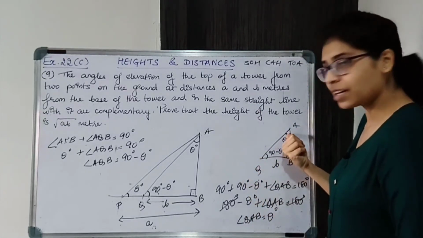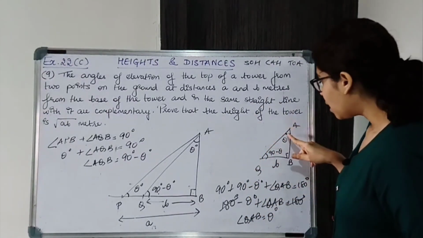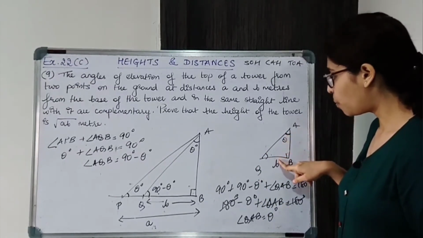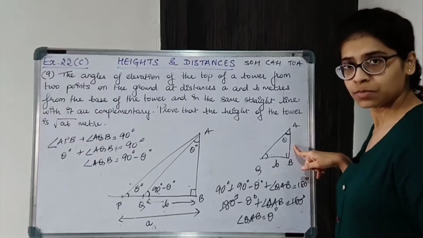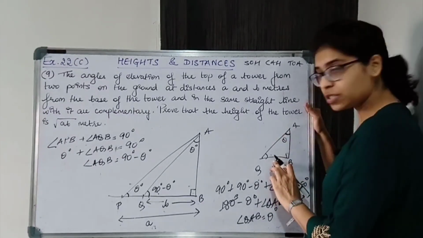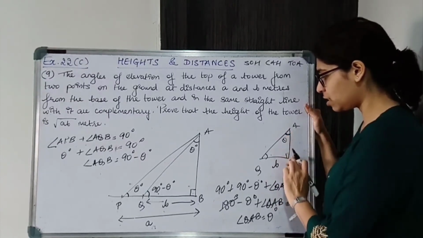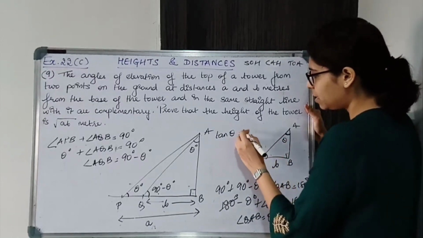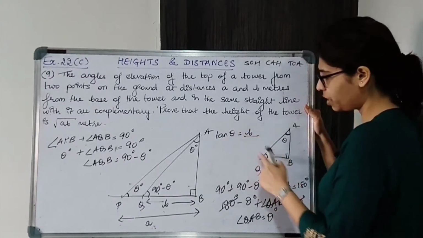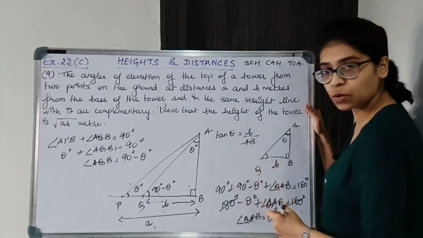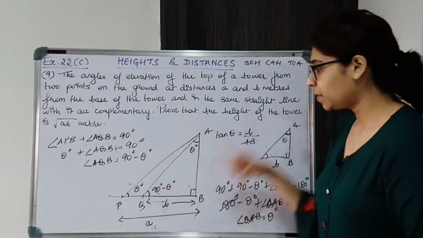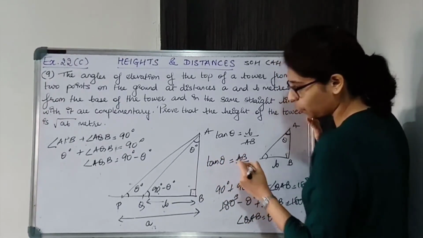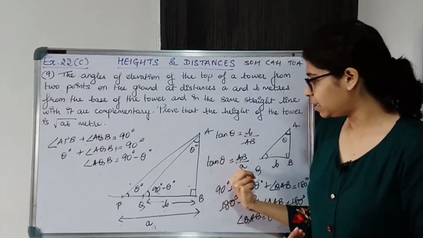Now take tan of this angle. If you consider this angle, it will be the angle's opposite upon the angle's adjacent. Correct. Tan of the angle is what? Opposite side upon adjacent side. Adjacent is AB. So tan theta will be opposite, that is QB, which is B, upon AB. And what did we get from APB? From APB we got tan theta is equal to AB upon A. You can check once again if you want. So tan theta is AB upon A.